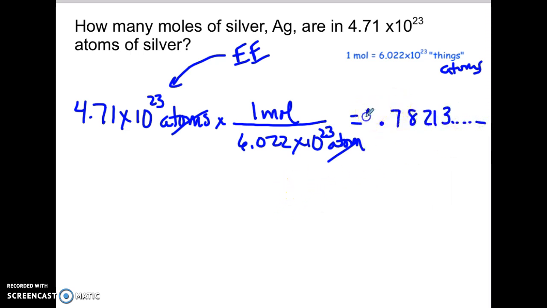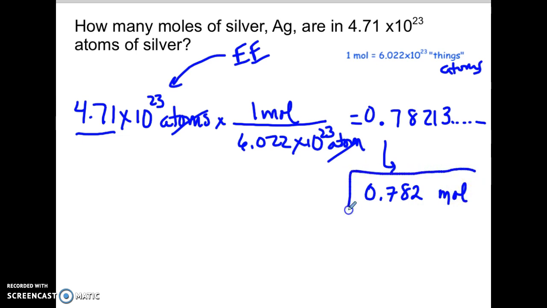Can I report all of these numbers? No, I can't, because there's only 3 sig figs here. I have to report 3 sig figs. So my answer is 0.782, and the unit is moles. And I box it. Okay, great. All right,